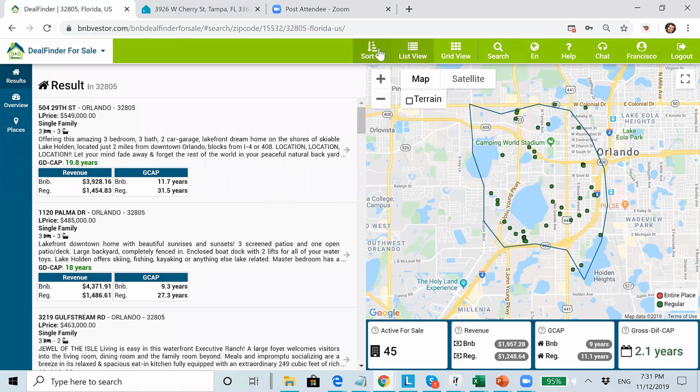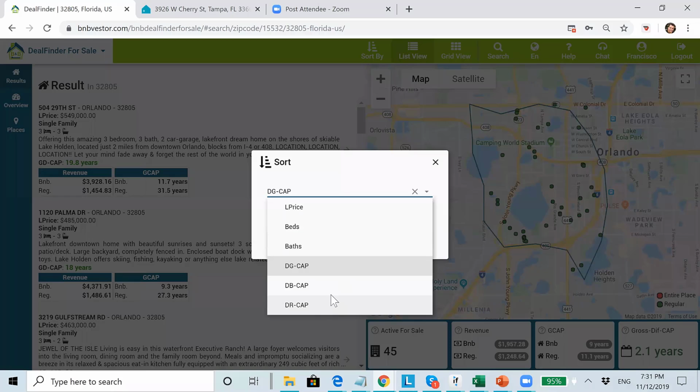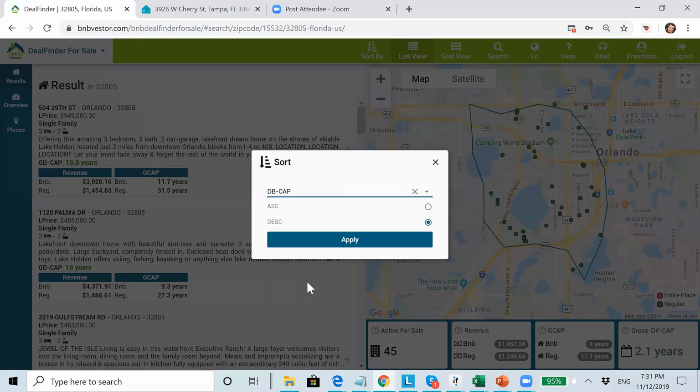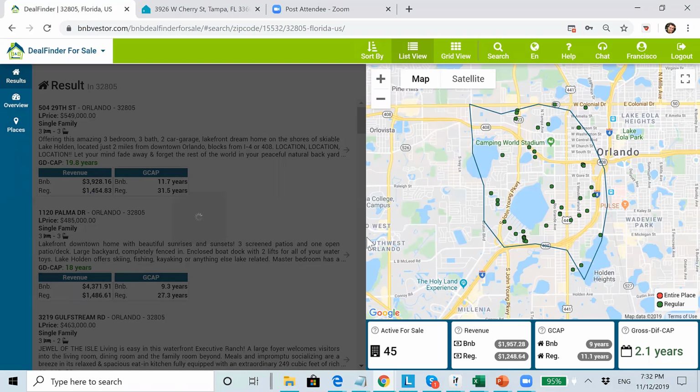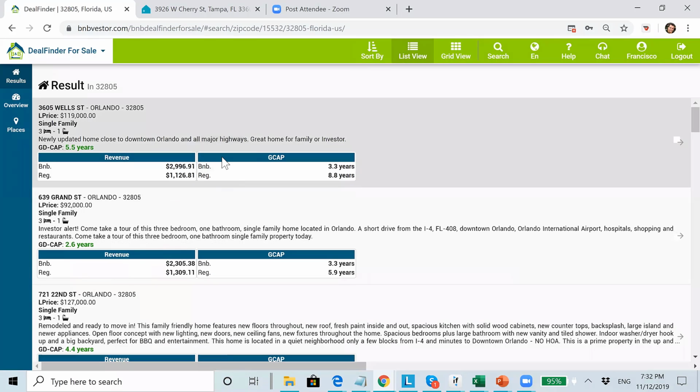Now you want to sort by the capitalization rate, Airbnb capitalization rate, ascending. We have this property that is $119,000 that it can be paid in 3.3 years. If we click on the property,